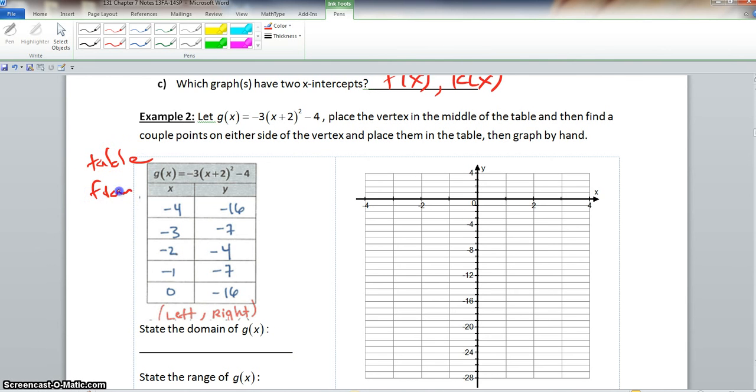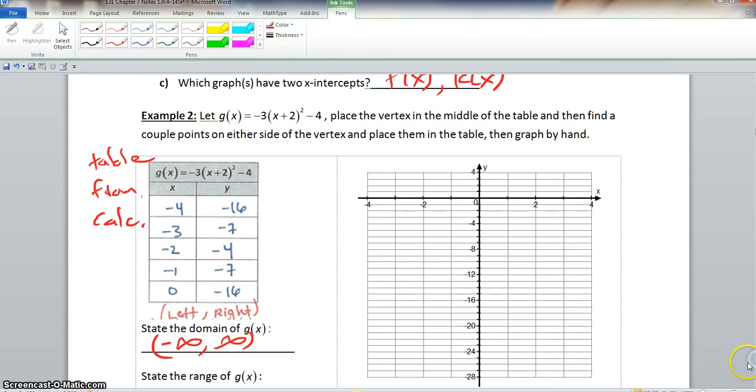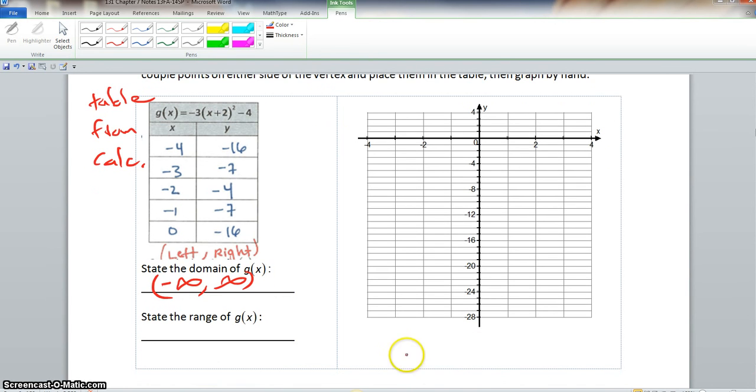So this will give us a table from our calculator. And these are our values. Now, if you notice here, this will be our left value, this will be our right value, our x and y value. Now, if you look here, it says state the domain. The domain here would be -infinity to infinity. That's graphed on your calculator. And then finally, it says state the range. And we know our range would